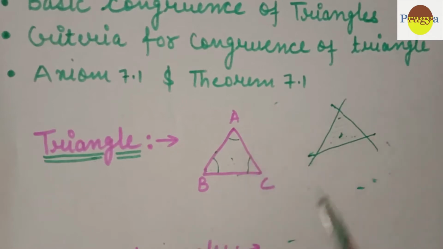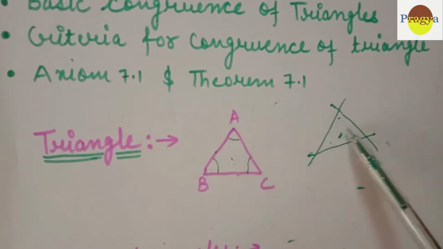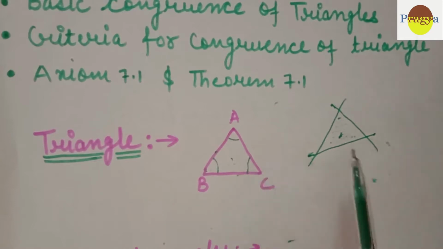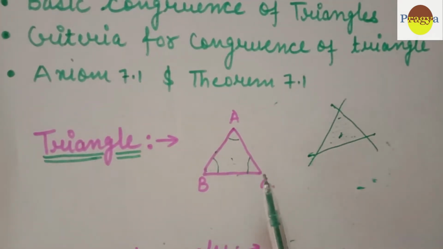We can use this definition in one more different way, that area bounded between three line segments is also called a triangle, and area bounded between three lines in a plane is also a triangle. So we can use all these definitions. And once again, a plane figure bounded by three lines or three line segments in a plane is called a triangle. So students, now switch on to the parts of a triangle or elements of triangle.